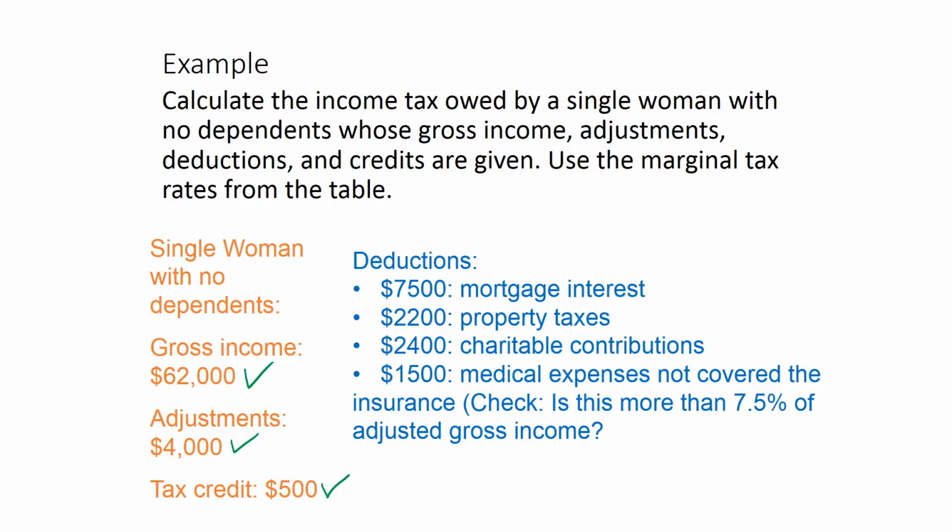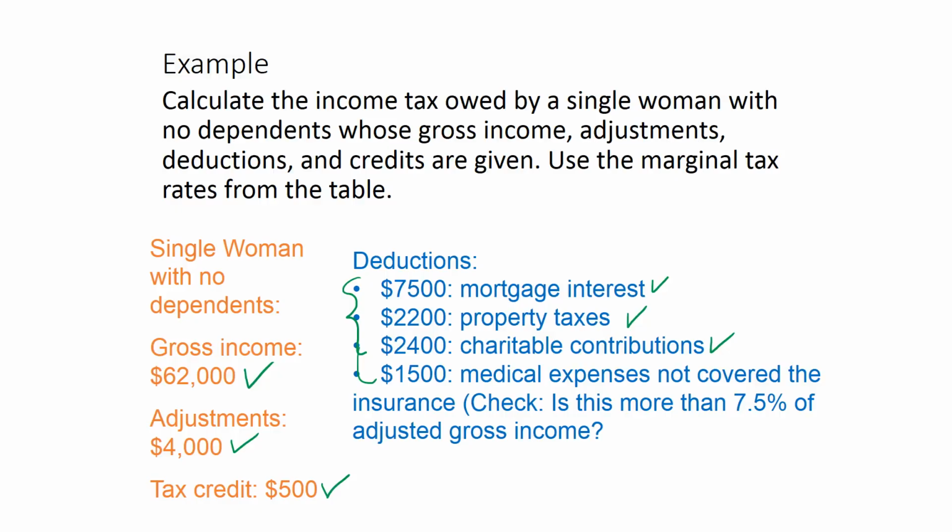So her deductions are listed. Mortgage interest, property taxes, charitable contributions. Again, we would add those up and see if they are more than the standard deduction. Right, which I'm guessing when we add those up, it will be more than the standard deduction, but we will check whether we use this itemized deduction or the standard deduction. And $1,500, which is also a deduction, $1,500 medical expenses not covered